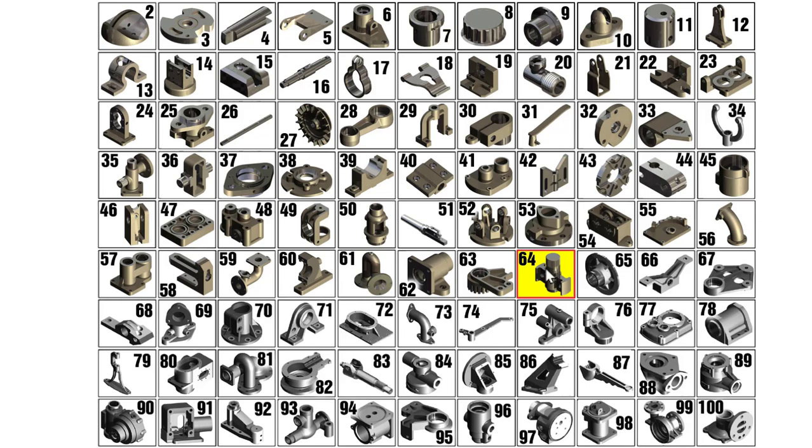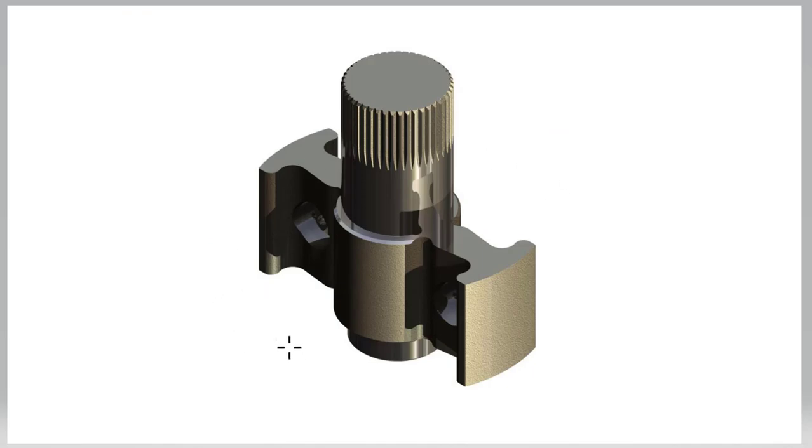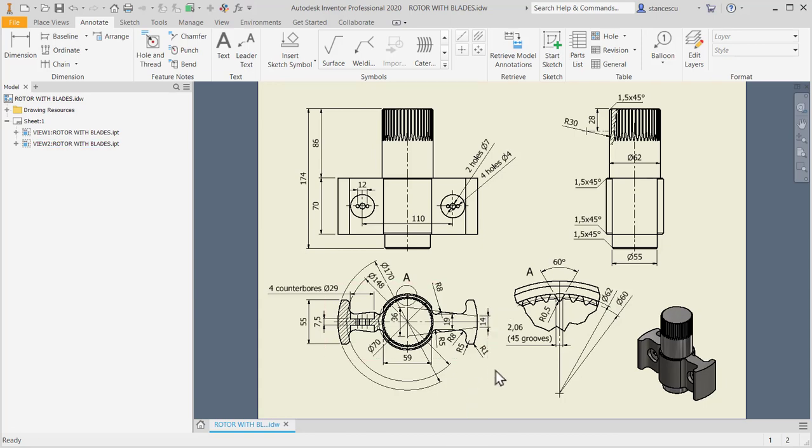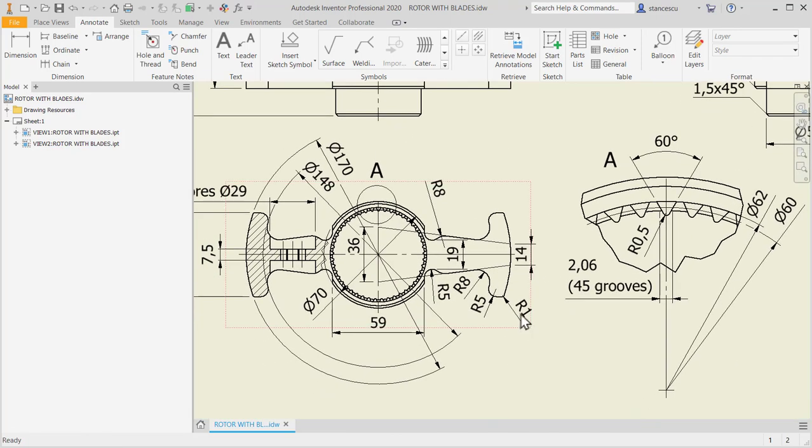Hi my friends, let's model the part number 64, rotor with blades, from my collection of 100 parts. The picture is this. You see a contour extruded and also grooves. The drawing shows us a part with